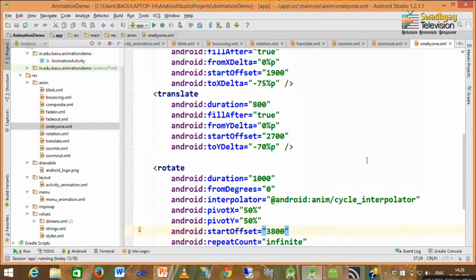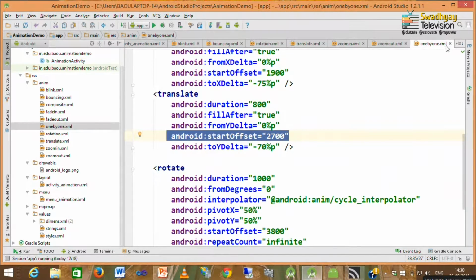Here I specify the start offset, so after finishing all previous animations it will wait for 300 milliseconds and then the rotation runs for 1 second. So, this is how you can apply animations one after another. All you have to do is specify the start offset, which is the cumulative duration of all previous animations.